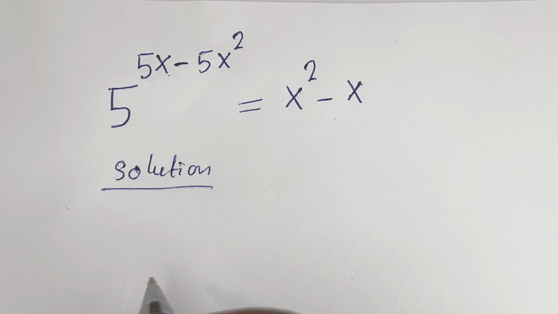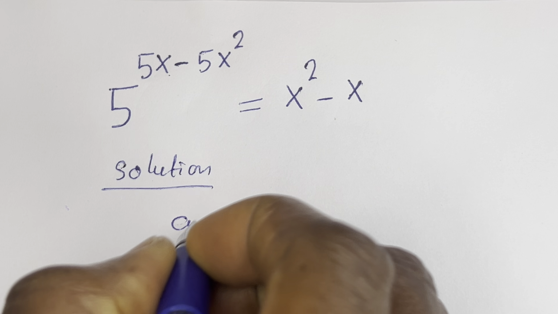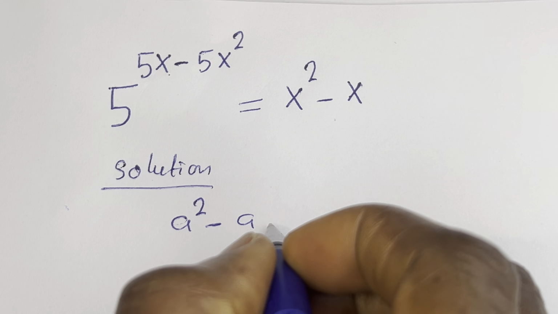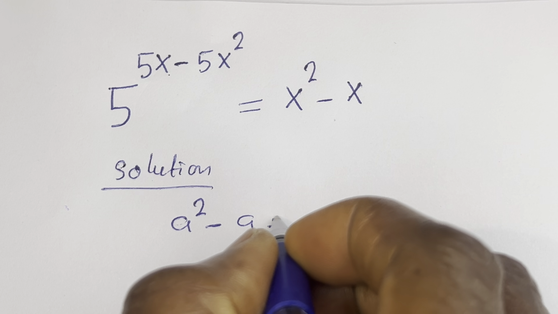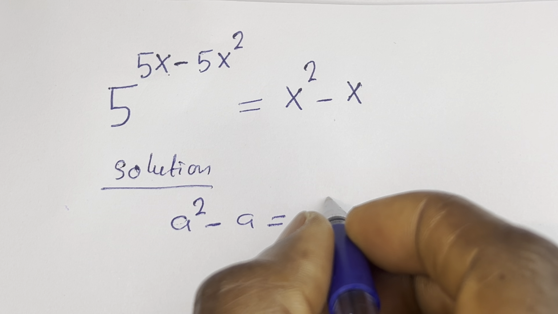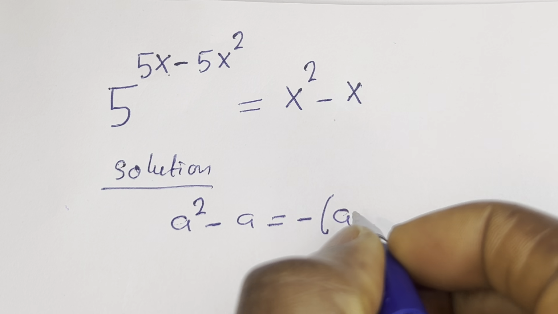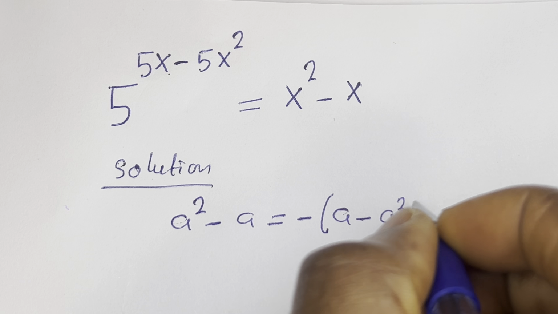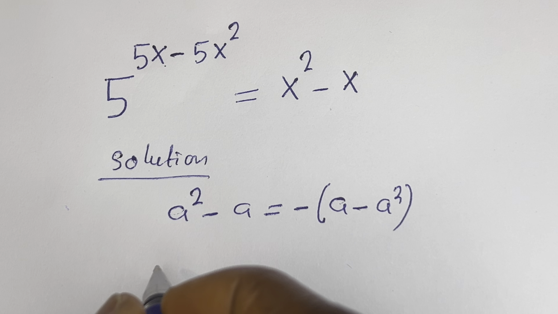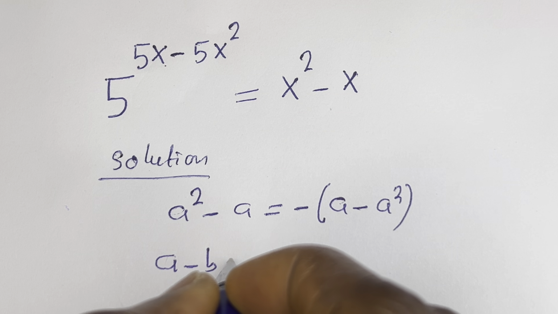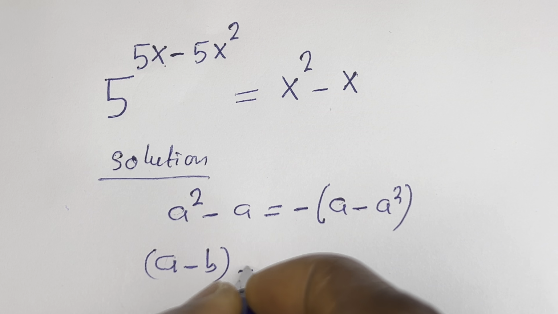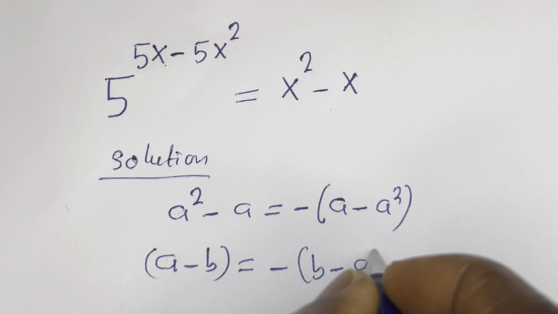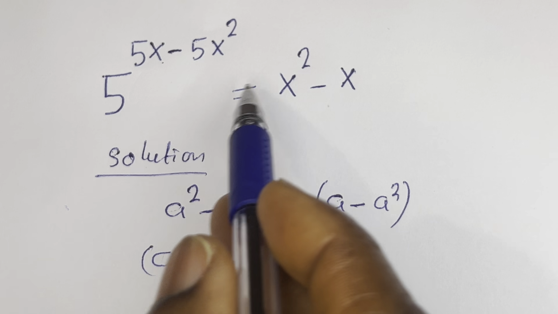Now take note of this, that if you have a squared minus a, then this is the same thing as minus bracket a minus a square. Then if you have a minus b, this is equal to minus bracket b minus a. Then from here, this can be written as